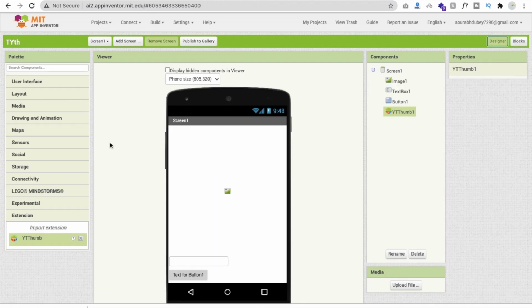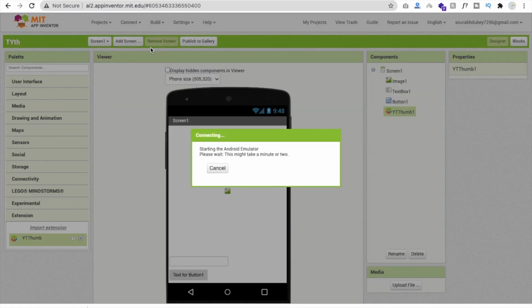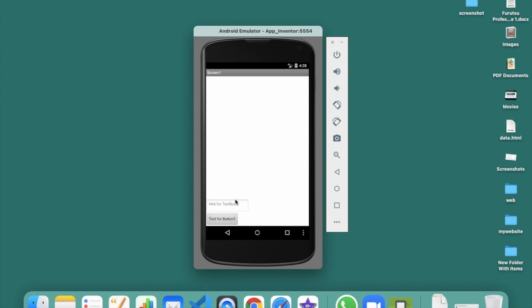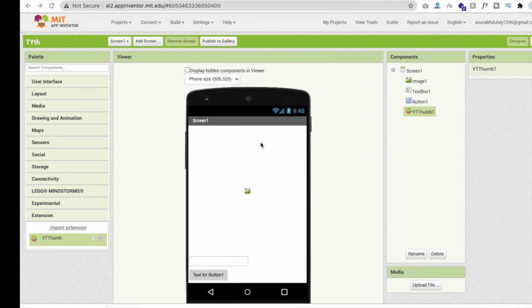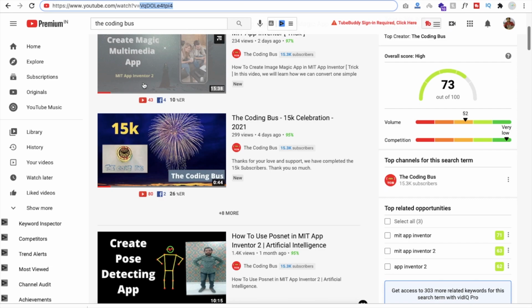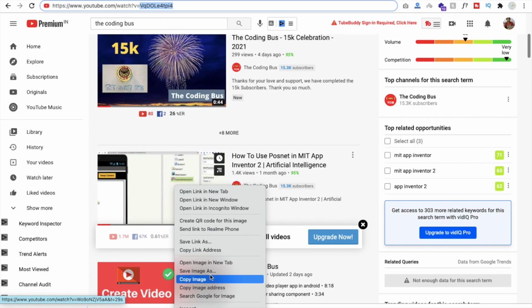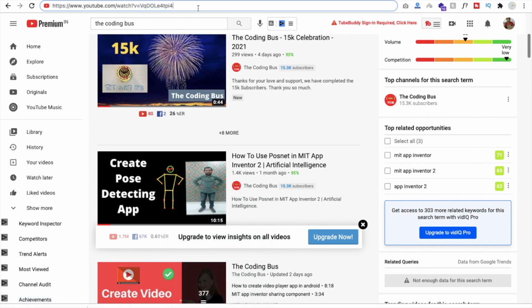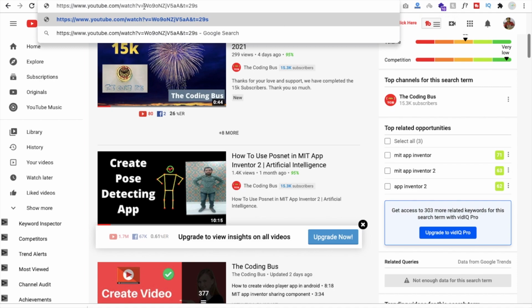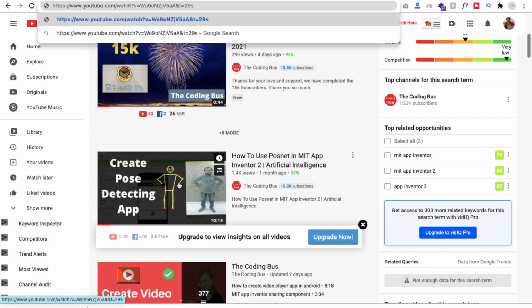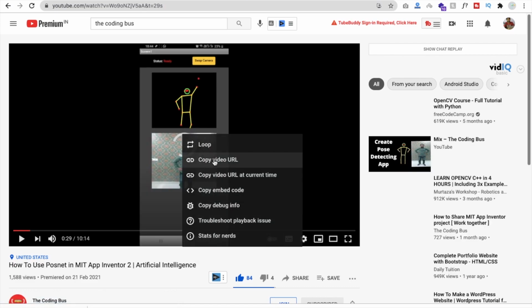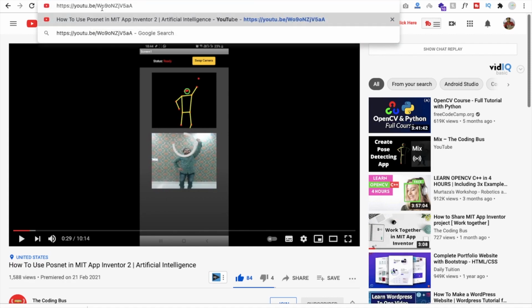Now let me just run that code. I'm using an emulator to run this. You can see that's the app here, and that's the text box and that one button. Now let me open YouTube, click on this one video, copy the link address, and we need only the ID, this one only. Or you can open a new tab, right click on that video, get the copy video URL, paste it here, and you will find that ID.